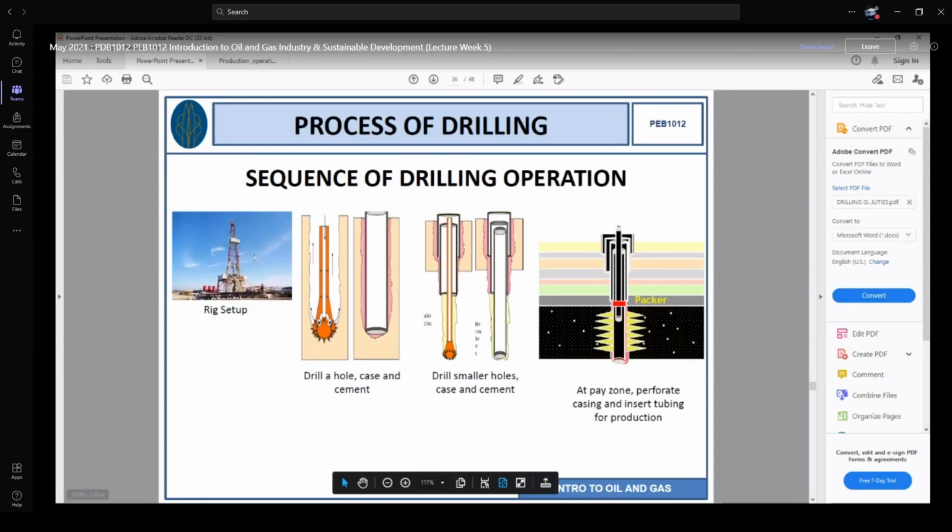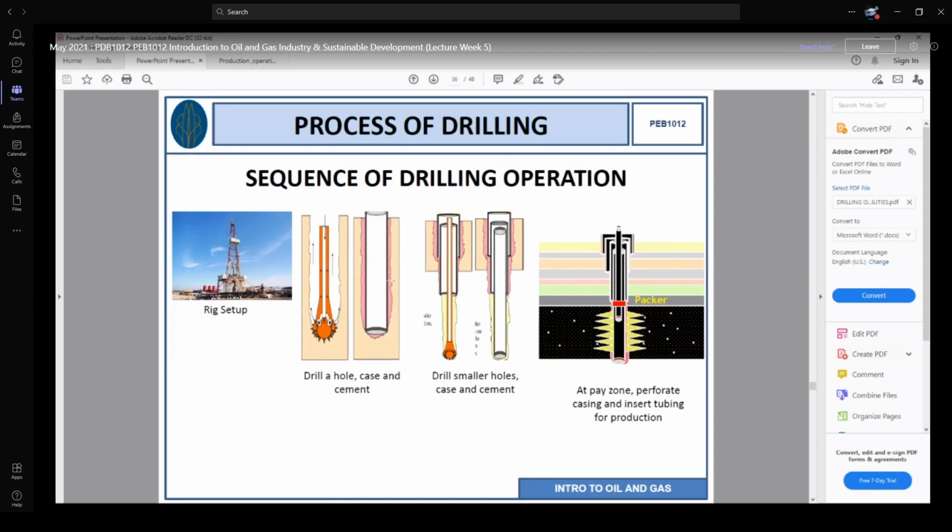Here you can see, right, the first step, as I said, we have to place the rig. Then the drilling sequence or operation starts. In the drilling sequence, first we drill a well, as you can see in this diagram, right? After drilling this section, we get this drill string back to the surface. Then we run another pipe, which is called a casing, right? Steel pipe, we run it here, but still we have a gap, right?